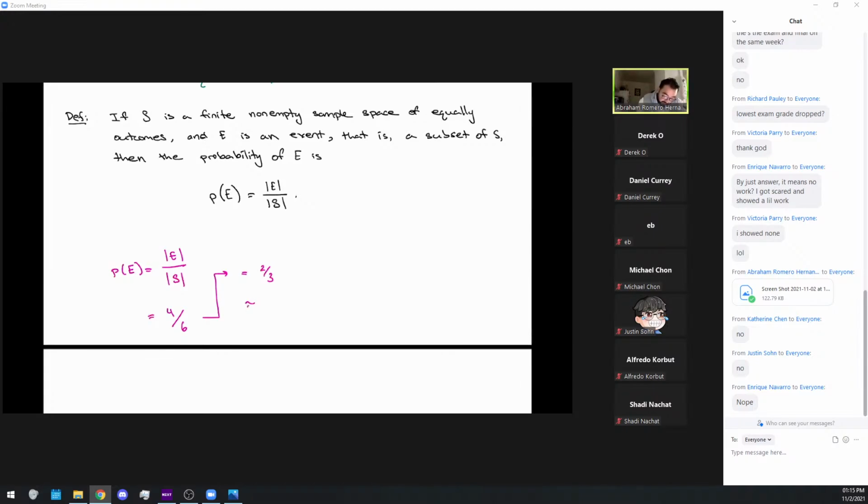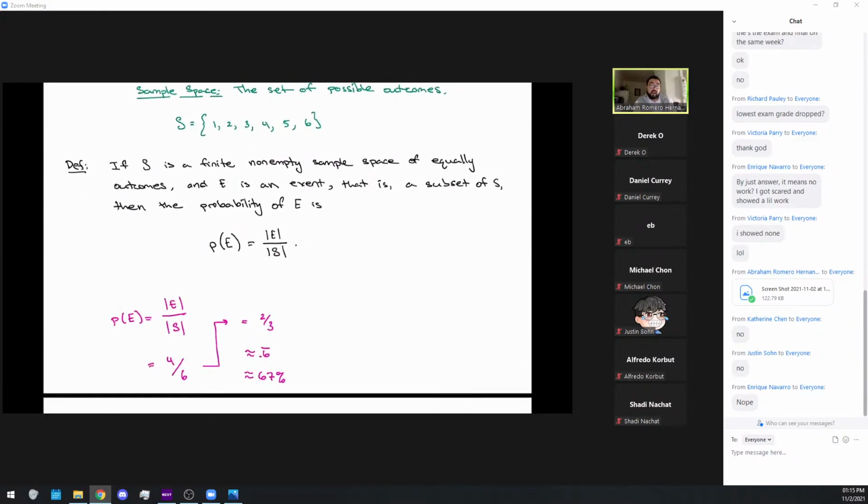Okay, which is approximately 0.6, and this goes on forever. So in terms of percentage, that's about 67%. So approximately 67% if you're looking at it like that. So that means if you roll a die, there's a 67% chance or probability that it's going to come out with a number that's less than 5. That's all this is saying. Any questions? Yes, no? Just trying to make sure.